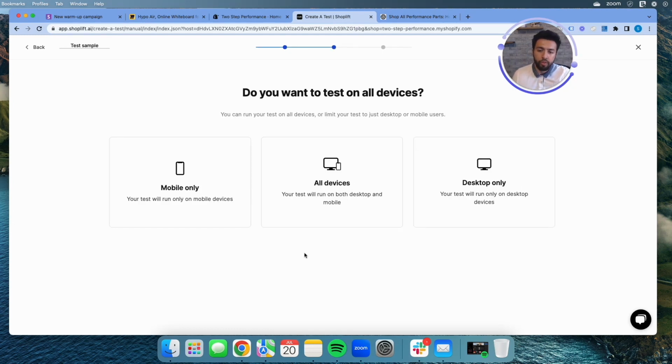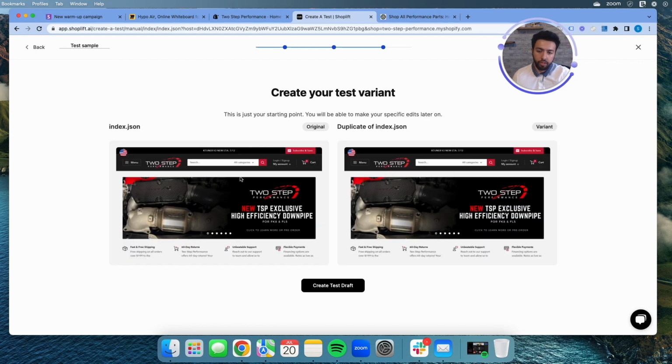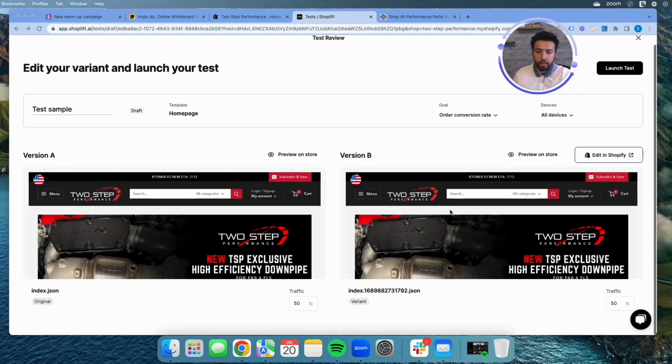And sometimes you might want to do tests just on mobile devices or just desktop. I typically do all devices. And then all you got to do is duplicate selected template, create test draft, and then I'll start creating the test draft right here. All right, so now you have the original and then the variant right here, and all you got to do is click on edit in Shopify,